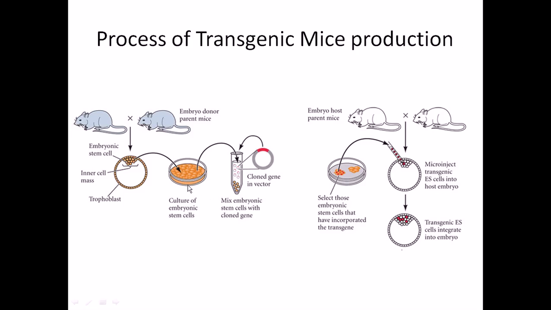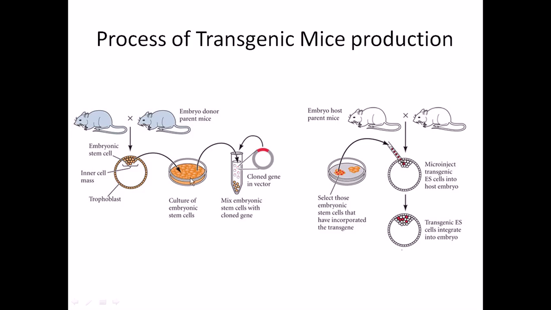Why? Because we want a lot of the same type of cells during the cell culture. And during the cell culture process, we select certain cells. We produce the cell line with a particular type of embryonic stem cells. So once we get that cell line in our hand, we take those ES, or embryonic stem cells, out of that cell culture plate, and then we inject this vector, the clone vector, inside that